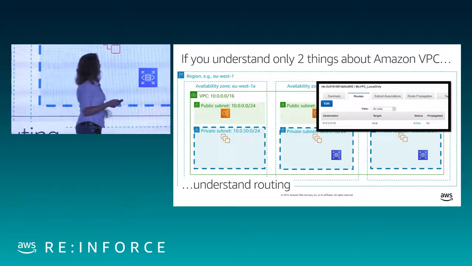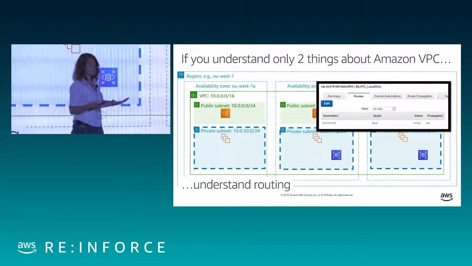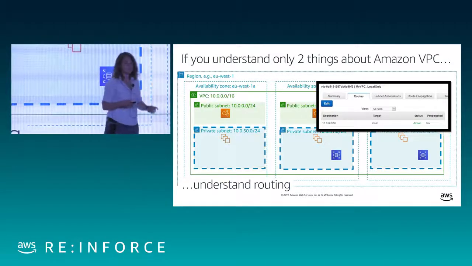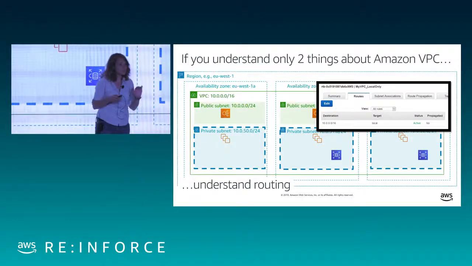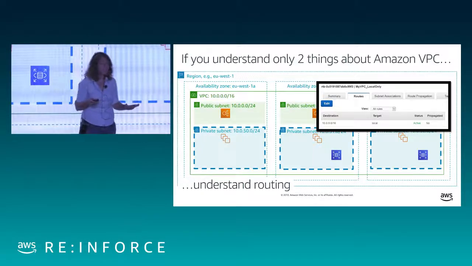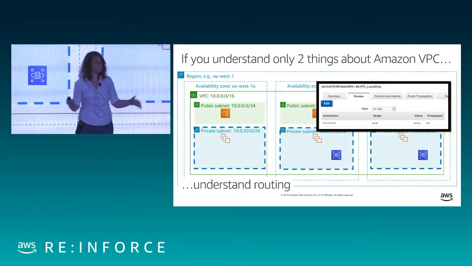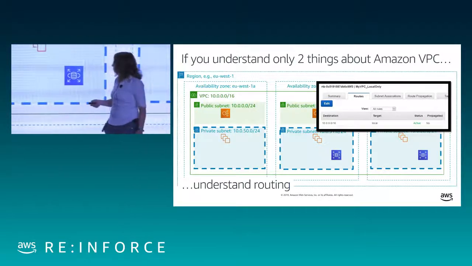And you'll notice that this route table for my private subnet has only one rule here, and this rule is present on every subnet everywhere. It says 10.0.0.0/16, so that means traffic bound for my VPC, local. Anything that happens in my VPC stays in my VPC. You'll notice that there are no other routes in this route table, which means that if anybody tries to send a packet anywhere else, it'll get black-holed because there's no route for it. If there's no route for it, it has nowhere to go.